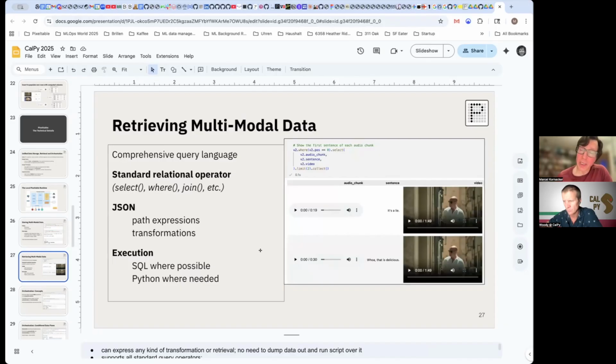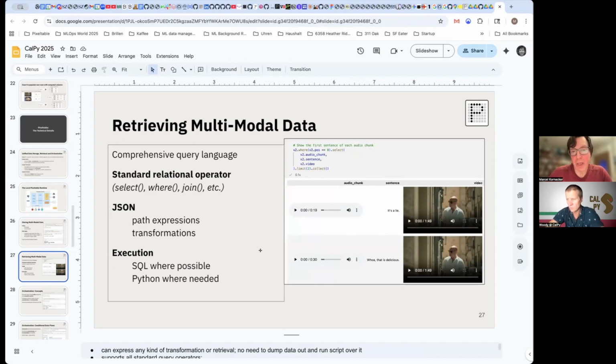If you want to store data, you also want to retrieve the data. And so again, Pixeltable gives you a comprehensive query language. So you have standard relational operators such as select, where, and join. Aggregation is possible as well.